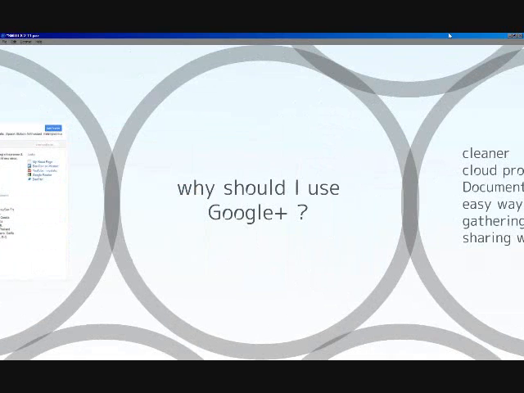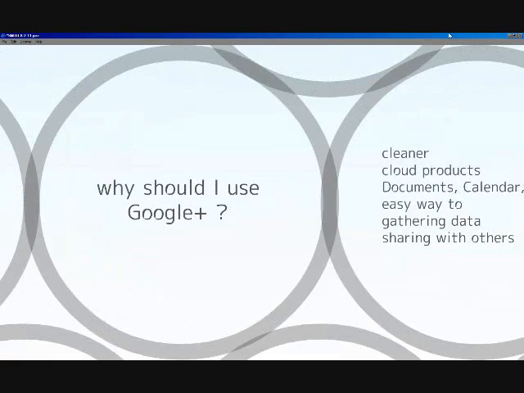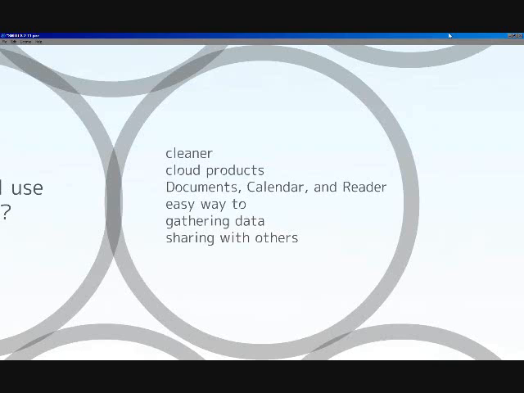So most folks are asking us, what is Google Plus and why should I use it? These are the primary reasons that have been given for why to use Google Plus. Number one, it's a cleaner way to selectively share data with others. With cloud products that Google has introduced, like Documents, Calendar, and Reader, Google Plus should be an easy way to gather data and share it with others.